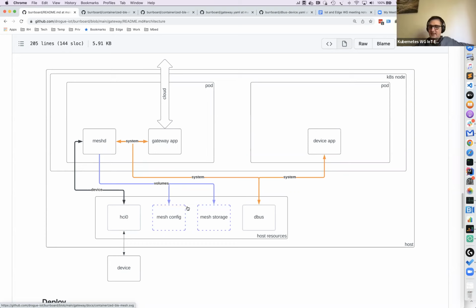It needs to maintain a lot of state locally, and it needs to be able to communicate with other local services over the DBus, right? So it's three hurdles to solve that you usually don't see in the cloud when trying to develop your services. So let me show you what we have at the moment.